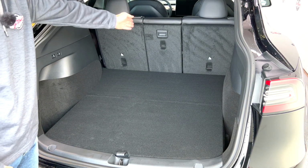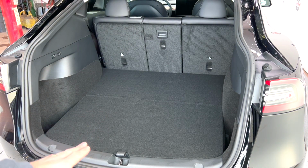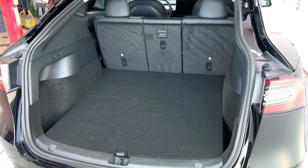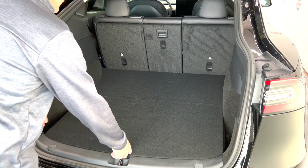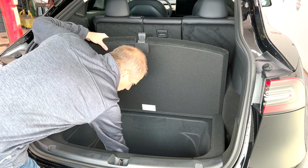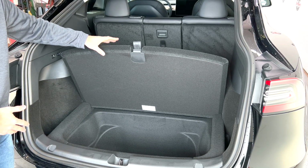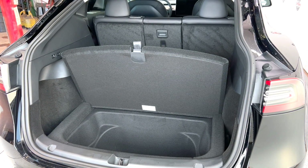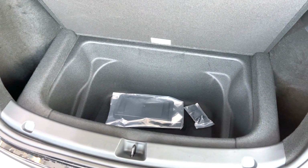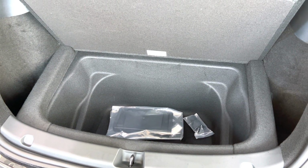You can have a 40-20-40 split fold-down seat, and the floor here is quite low compared to a lot of crossovers, so you have a huge space here when you fold everything down. Now, one thing that you may not expect is there is also a huge, and I mean huge, deep compartment right here. Because there is no fuel tank, and none of the various things that you would have in a normal gasoline vehicle, you have a massive underfloor storage space right here in the Model Y that you don't have in